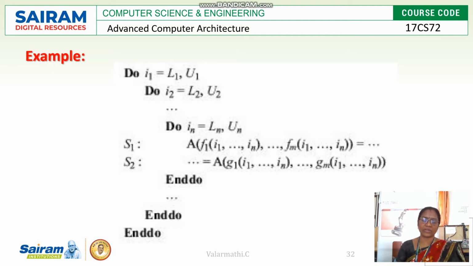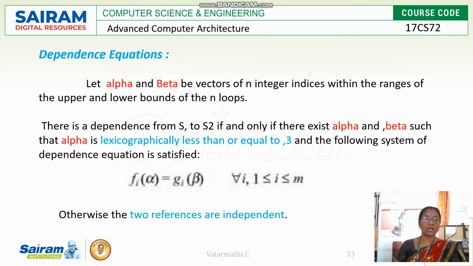How can we find the dependence? Finding the dependence in the case of iterations is very difficult. How can we overcome this? There are some equations that are allowed, because finding data dependences at compile time, in advance, is not easy. We cannot find the exact test for the dependence, but we can do the dependence test by finding some equations.